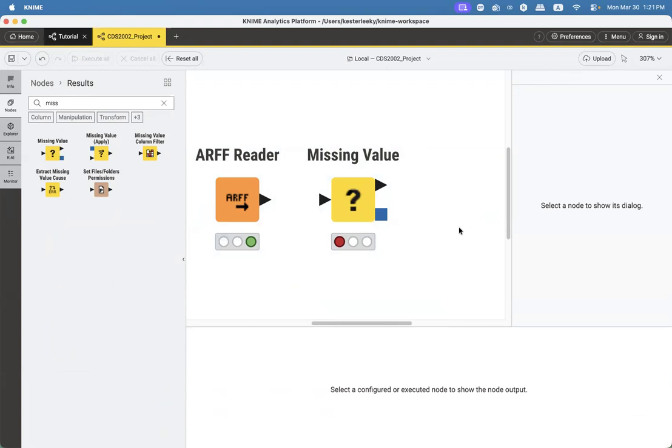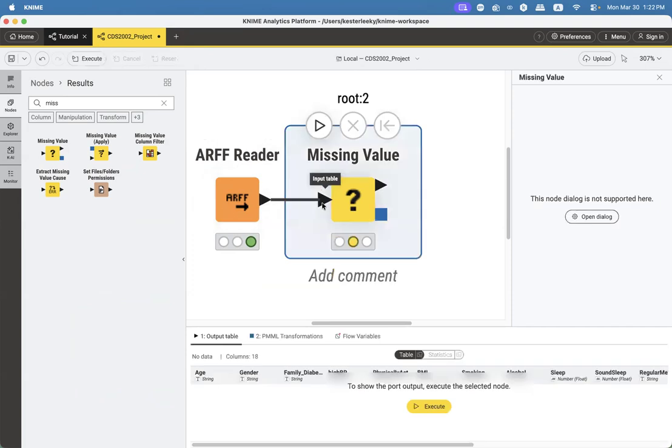In order to transfer the data from the ARFF reader to the missing value, what you want to do is to connect the right arrow of the ARFF reader to the left input arrow of the missing value. So here is my mouse cursor. I put the mouse cursor on the ARFF reader's right output arrow, click it, and drag it to the missing value.